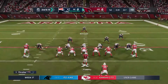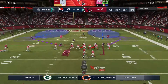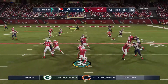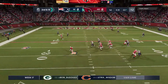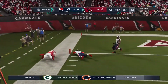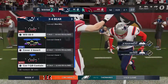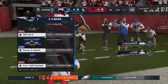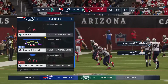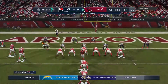So after a rare misstep on this drive, they'll try to make amends on 2nd and 15. They fake the handoff. Now Murray out to his left. And this is caught at the 8. And they are able to stop him, but he does take it all the way to the 2. And a nice gain at 21 yards. 1st and goal at the 2-yard line. 1st and goal, a chance to